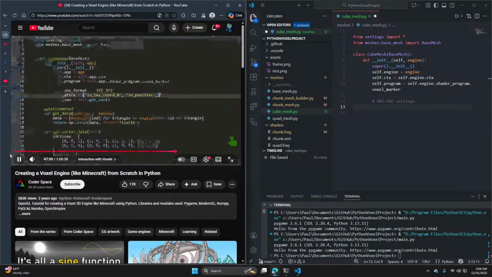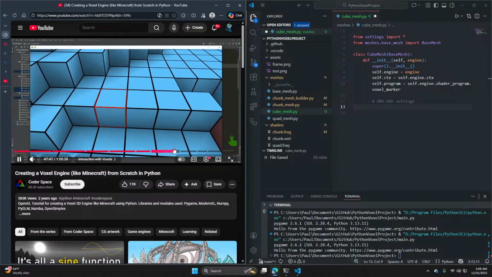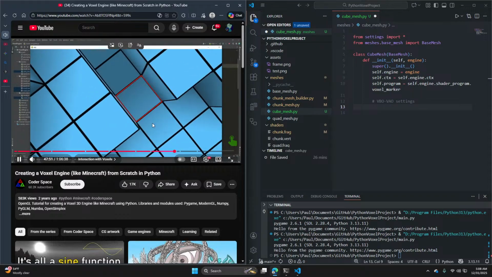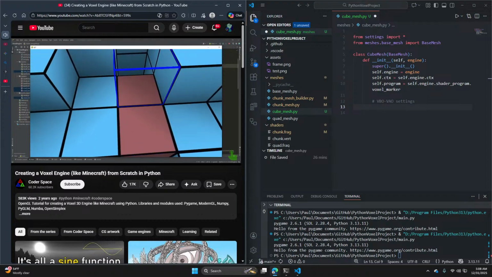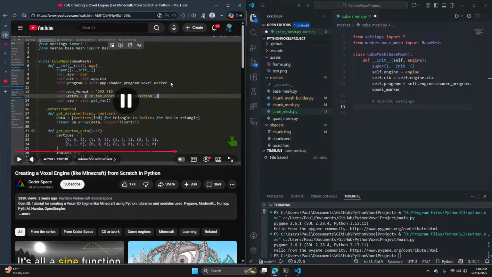And we will start with the cube mesh class. Here we form a vertex buffer for a regular cube. Since you can get the source code for each step of this tutorial from the link in the description, we will only consider the implementation features of such an object.